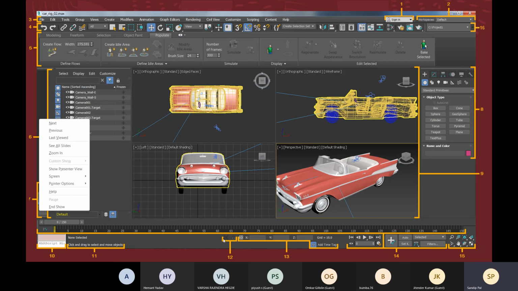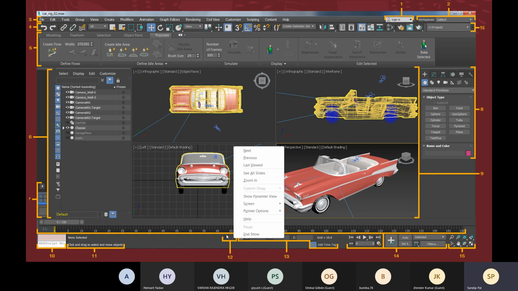Now, here we have these two options in this section. One is isolate selection toggle, another is selection lock toggle. As per the name, you can understand that isolate selection toggle means when you select one particular thing, the other unselected items can be selected at a time with just one click.